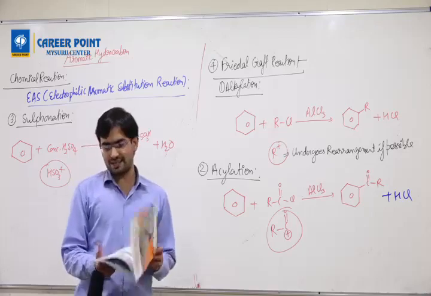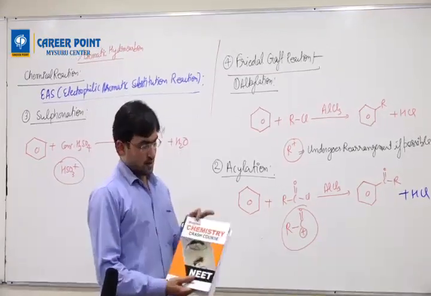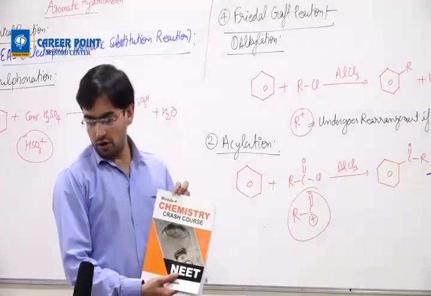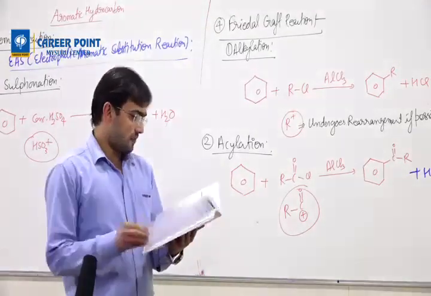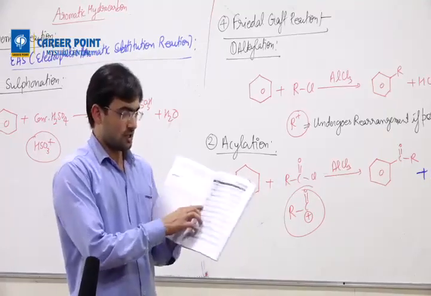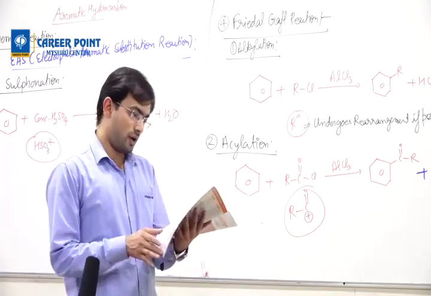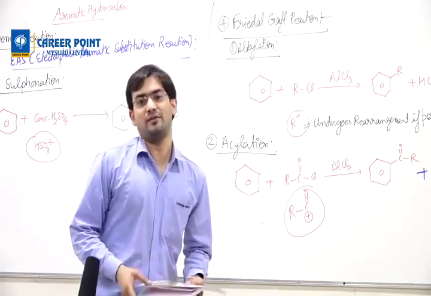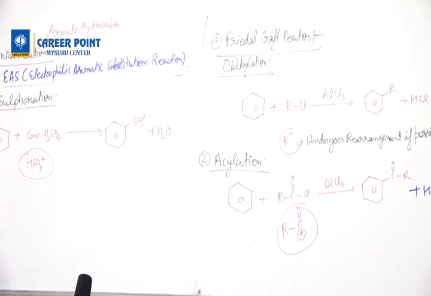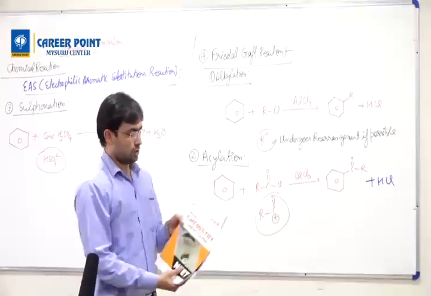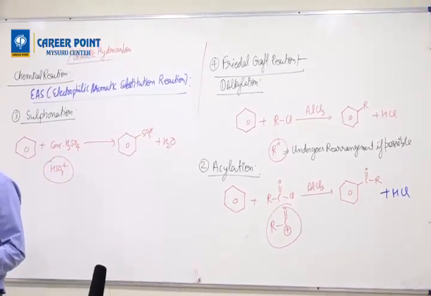Okay, no doubt. So next homework. One homework I already gave. Alkyne, module 4. In that module 4, chapter number 5, benzene. Exercise starts from page number 44. It has got question 55. So 2 exercises, module 4 and module 2. Try to solve all the questions. In the next class, we'll discuss all your doubts.